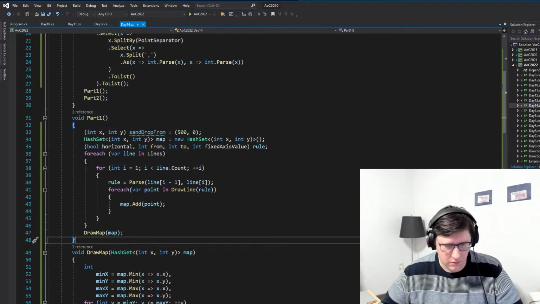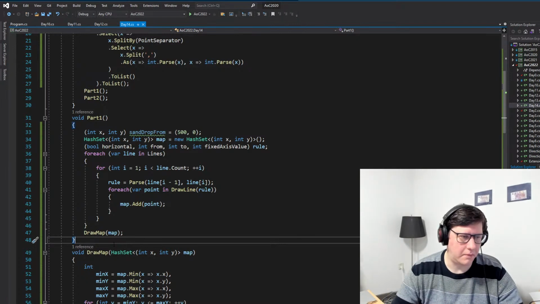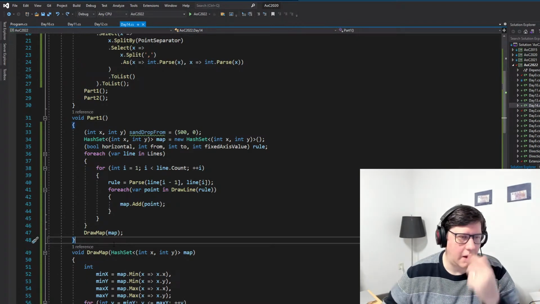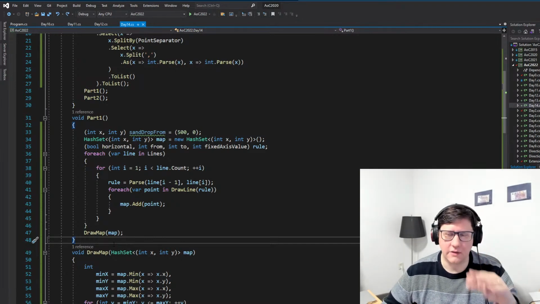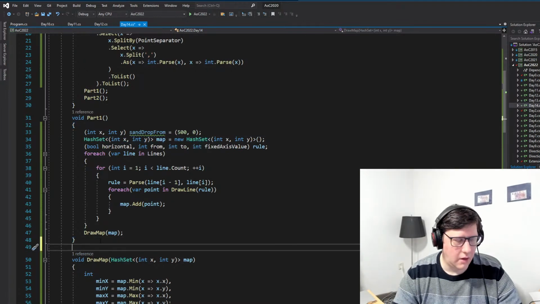And now we need to do the sand falling thing. So let me just see how we can do that, because it needs to go down. Yeah, basically it needs the map and then the logic to fall down. So let's see, bool